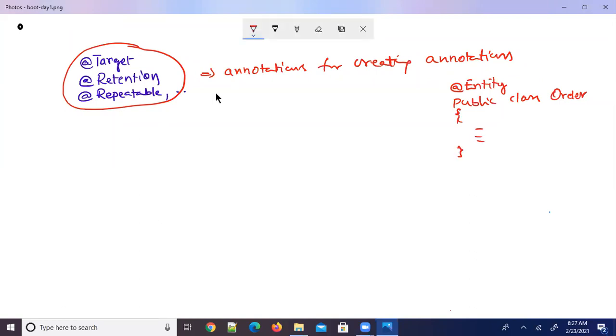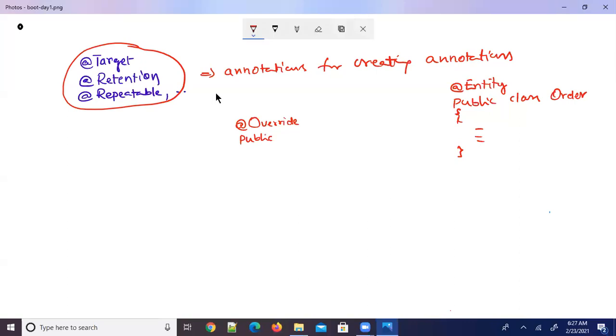And you might have observed @Override, and you write it at method level.